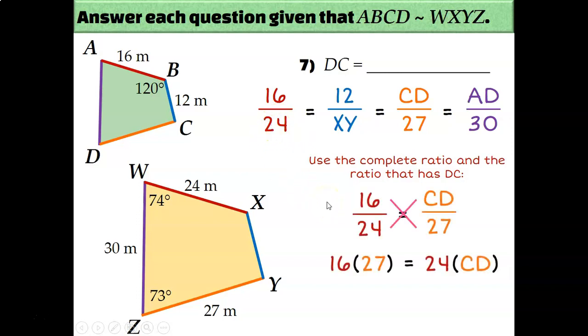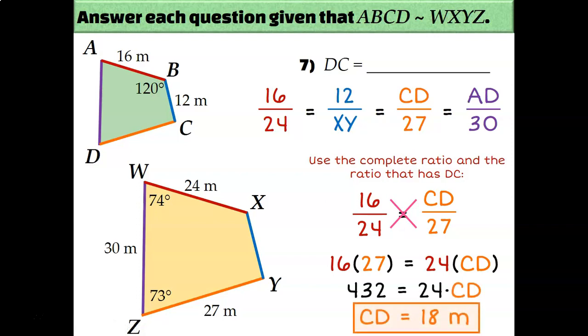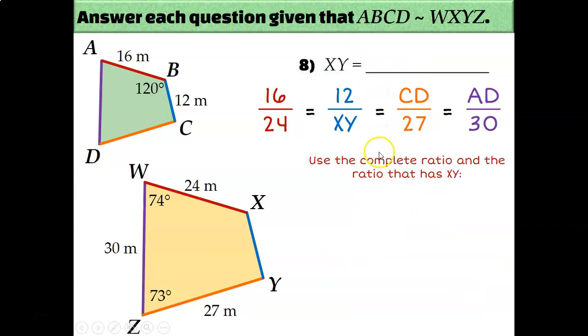And cross multiply and solve. So CD is equal to 18 meters, which means DC is equal to 18 meters. And last but not least, we'll use 12 over XY to solve for XY, setting that equal to our complete ratio of 16 over 24, cross multiply,